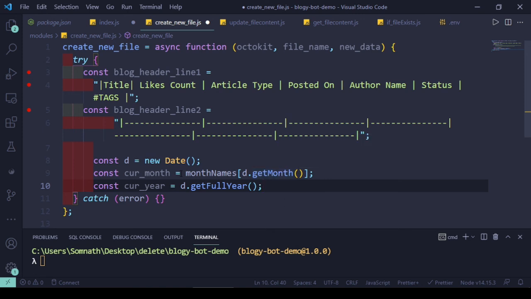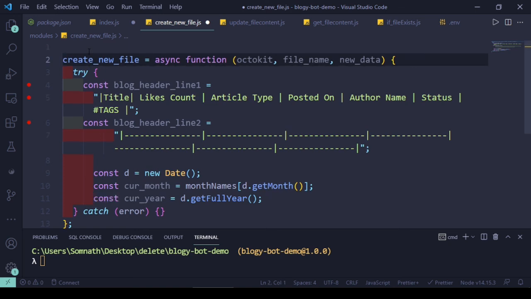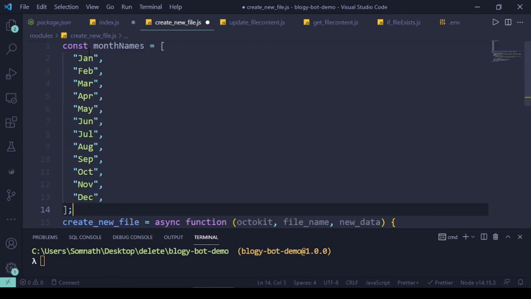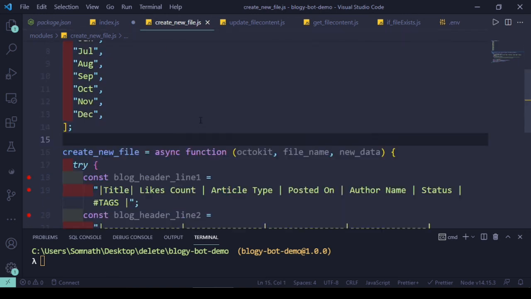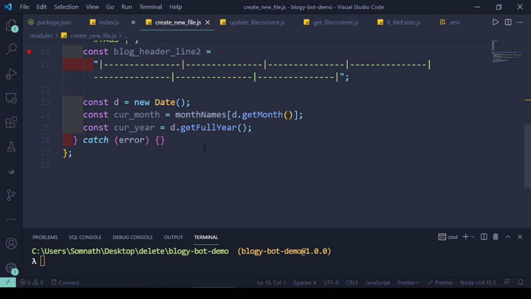So let's quickly add the months, all the hard-coded arrays inside this module as well. Okay, great. So we have added all the months, and with this months array and the current index, I'm just getting the month and the current year.